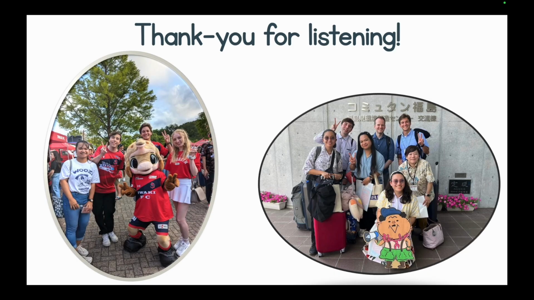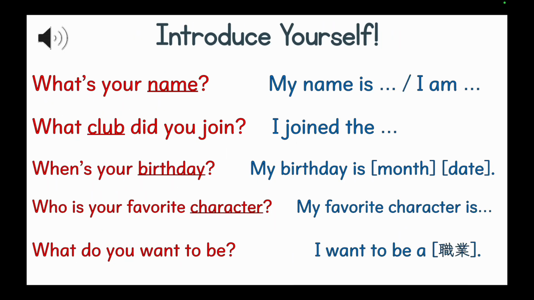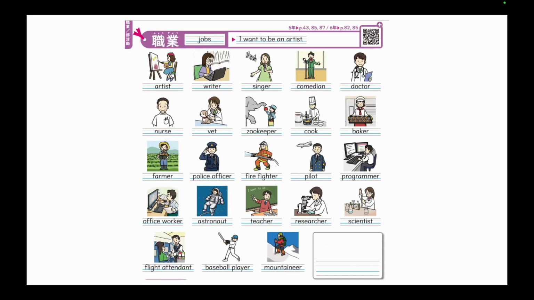And then, of course, pictures from my local area. Yeah, so these are the different levels that I do. This one is actually based off New Horizons or New Crown, chapter 1. So this is junior high school, Ichinensei should be able to do this, especially by the end of lesson 1 or chapter 1. They cover all this. Oh yeah, what club did you join? They did that in Rokunensei, just before they go into Ichinensei, so 6th grade into 1st grade. And then the sounds. Some of them might forget, even though they just did it in 6th grade.